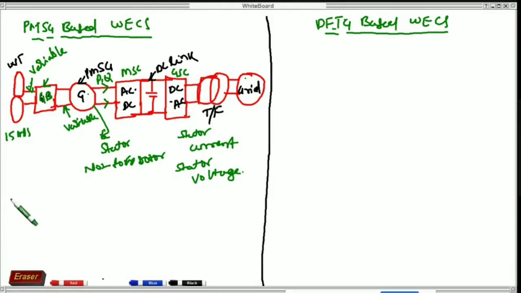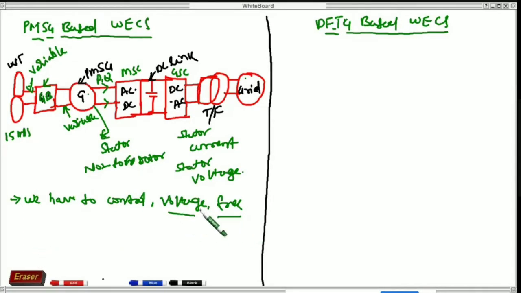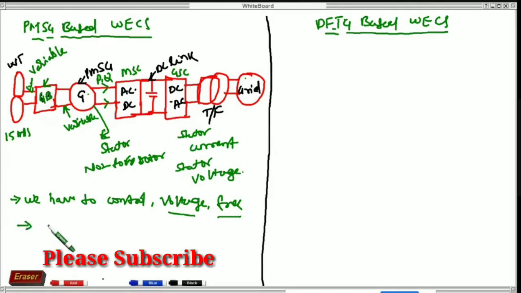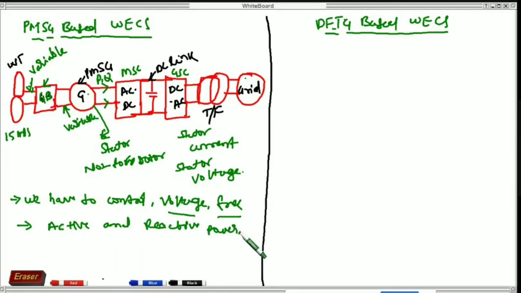So in these sections, we have to control voltage and frequency, and again we have to control active and reactive power, right?